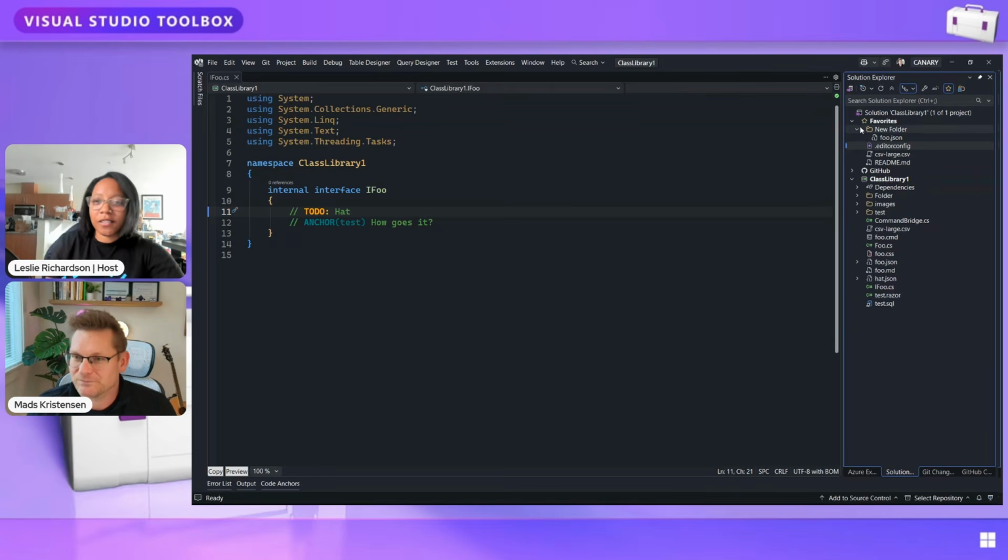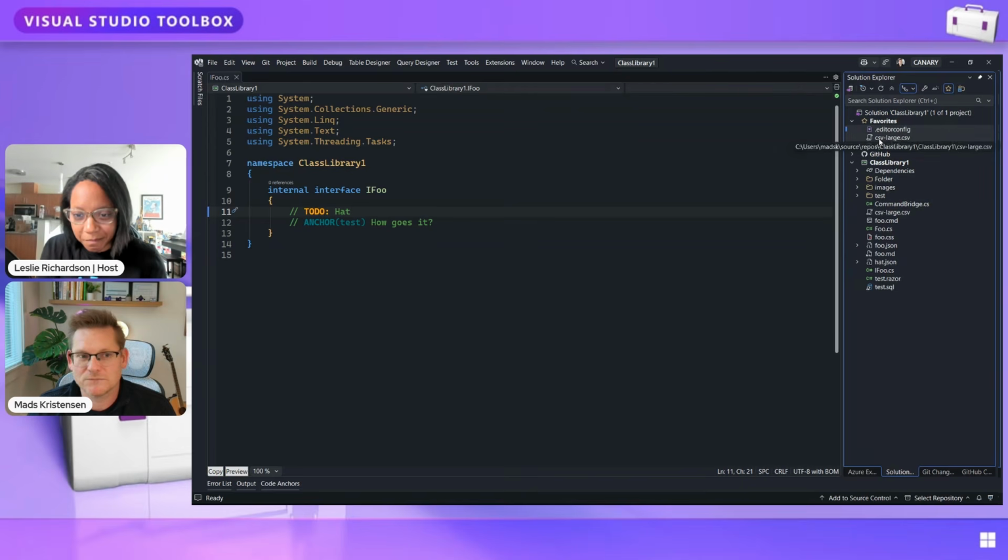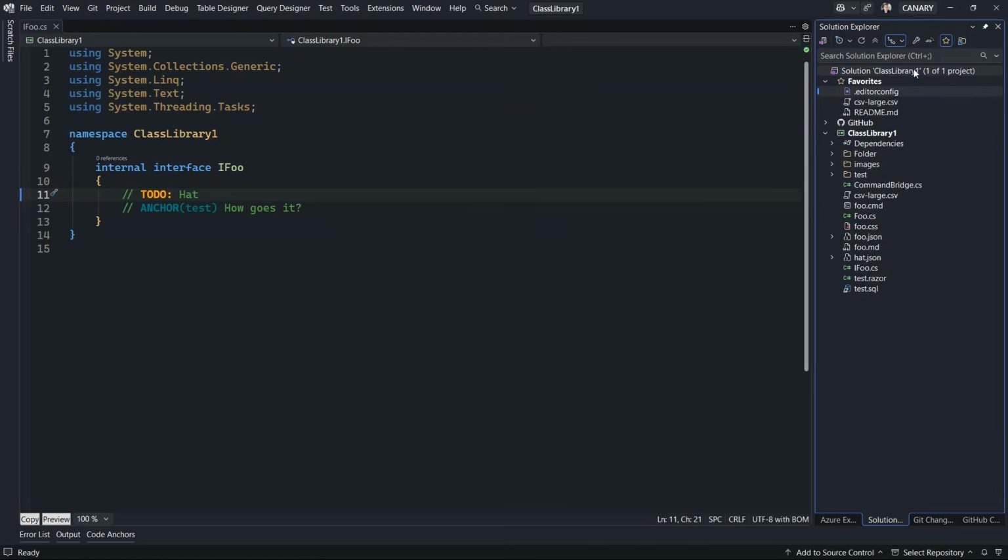That's interesting. So what happens if you try to F5 this and you stuck, I don't know, your food.cs file in a separate folder under favorites? How does VS know where to get the file from? Is it just ignoring the favorites folder in that moment? There is no favorite folder. It's virtual. It's a JSON file that describes it. It's in the repo, or you can ignore it. It just lives in a favorites.json.